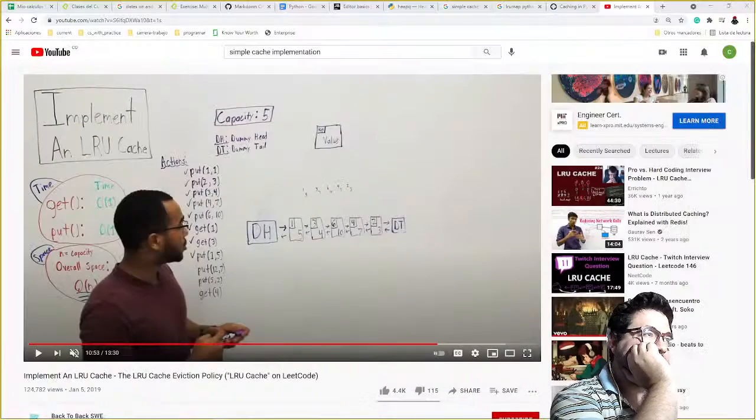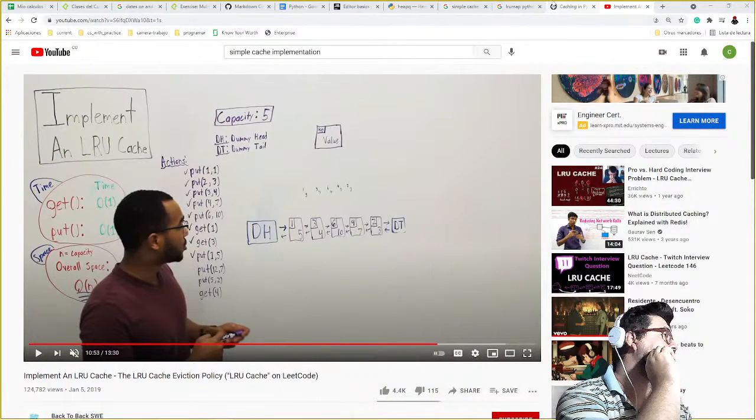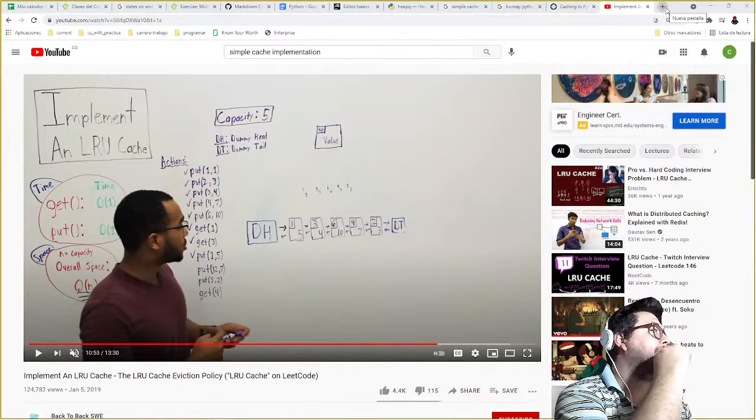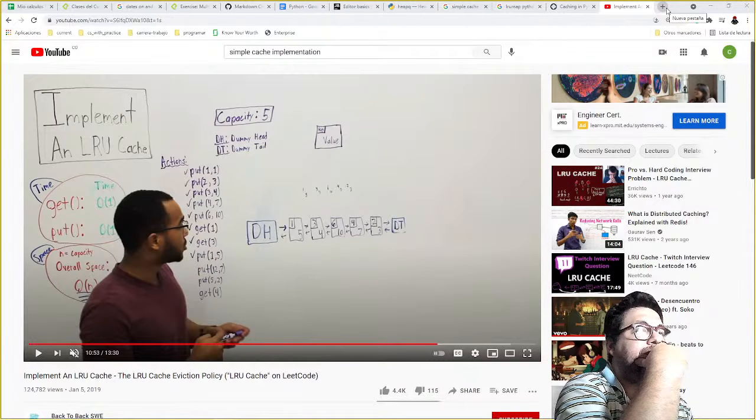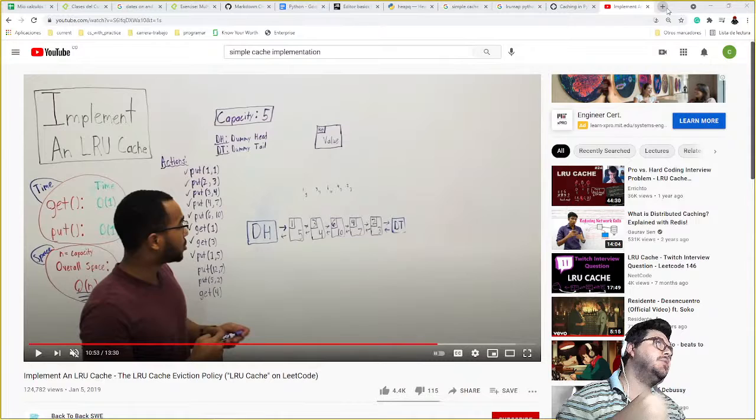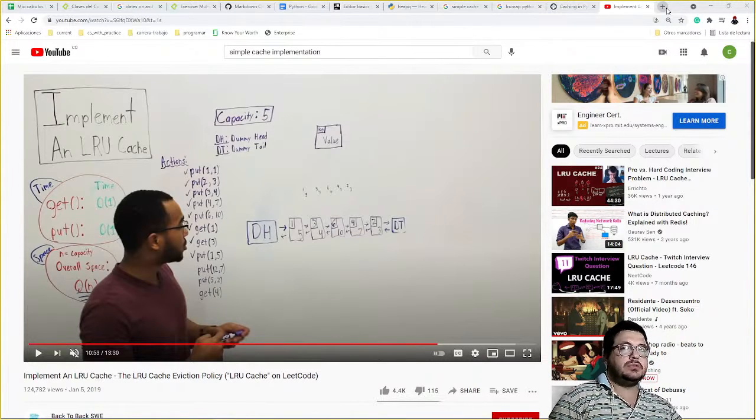Okay, so I need a doubly linked list. I can implement that, but that's something I'm going to use a lot. So when I'm going to use something a lot, I try to find something that has already been done and has already been tested.